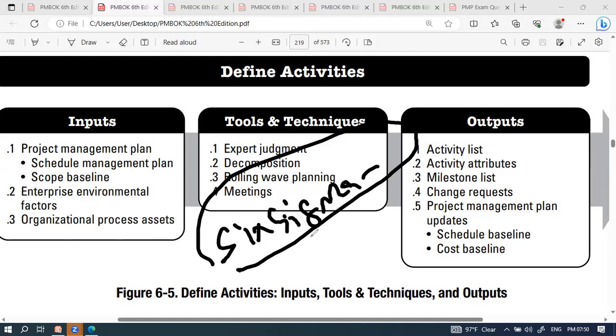The Six Sigma concept takes a 5-step approach. Instead of going with PDCA, they use something called DMAIC. It's a 5-step approach. If PDCA is 4-step, this is 5-step. D stands for define, M stands for measure, A stands for